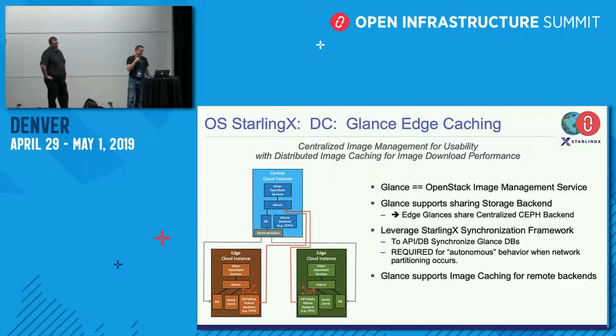Glance already supported image caching, but to be fully autonomous, like if you lost connectivity to the central cloud, you needed to cache the metadata for the image to know, is my user allowed to use this image, and there's other metadata associated with it that was required. And we went down the path of doing caching for that, ran into some issues, and then basically with the help of Glance PTL guys, I don't see them here, but the Glance team kind of participated in the spec review